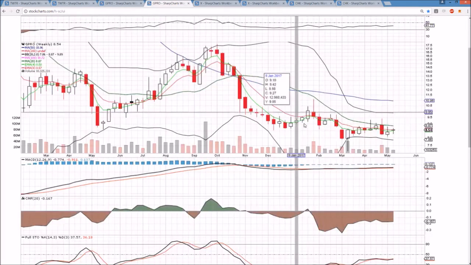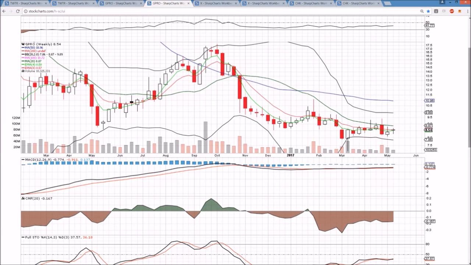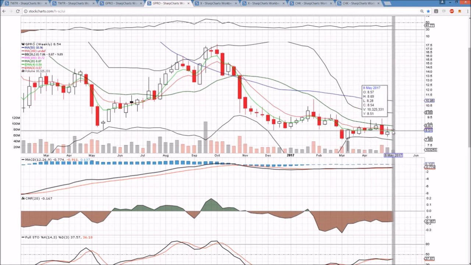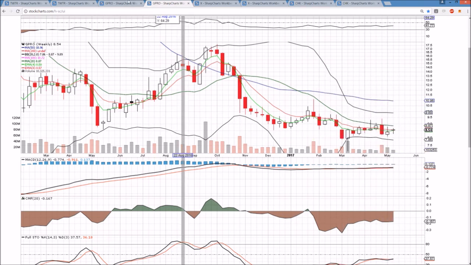On the weekly time frame for GoPro, we can see as long as this middle Bollinger Band on the weekly is resistance of 887 and dropping, the bears remain in control of this long-term trend. So it is an inside bar on the weekly time frame here as well. We'll be watching for a break of either 828 for the bears or 869 for the bulls this coming week,